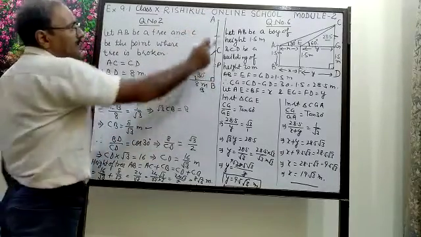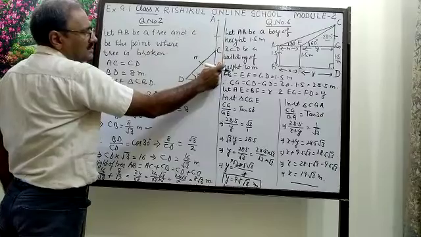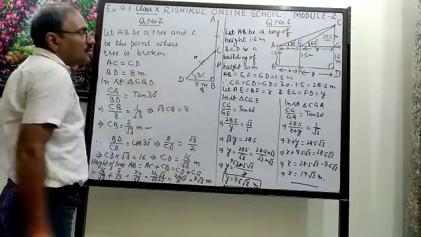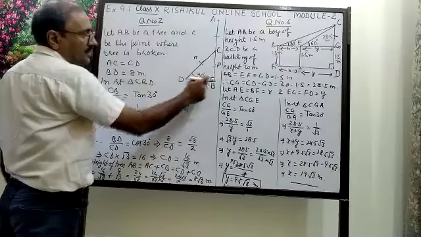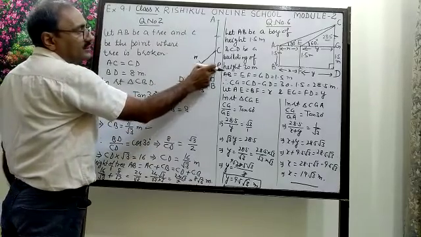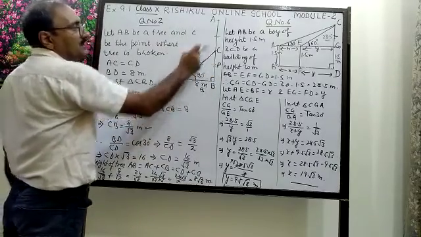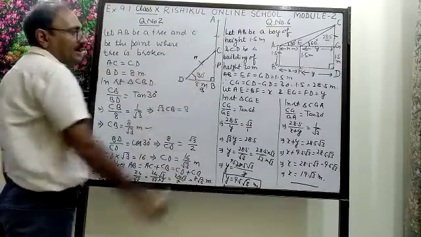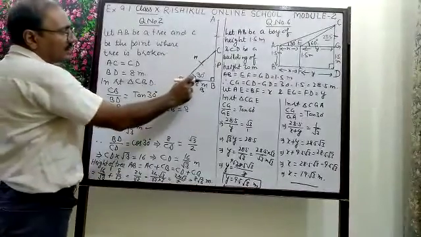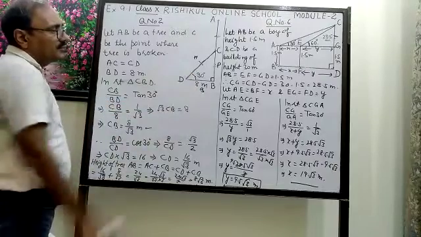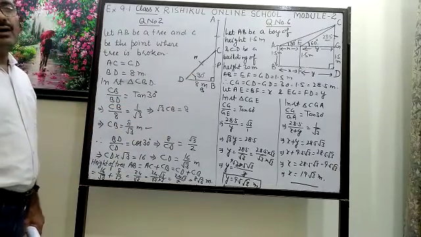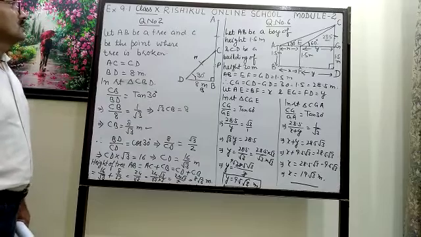Students, you know very well the height of the tree is AC plus CB, and AC equals CD. So in right triangle CBD, how can you find these two lengths? Because this equals this, you can find the height of the tree. As you know, in a right angle triangle, if one acute angle and one side are given, you can find the other two sides with the help of trigonometric ratios.